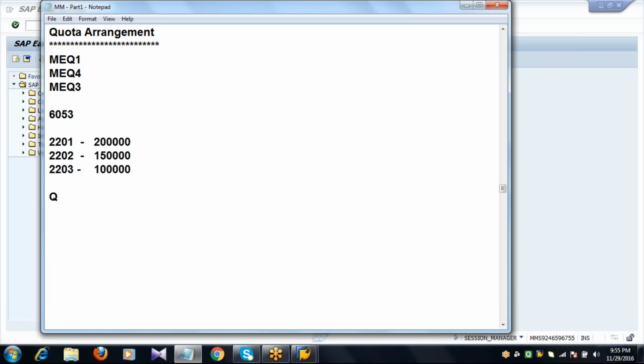So quota rating is defined as the ratio of sum of quota allocated quantity and quota base quantity divided by quota.